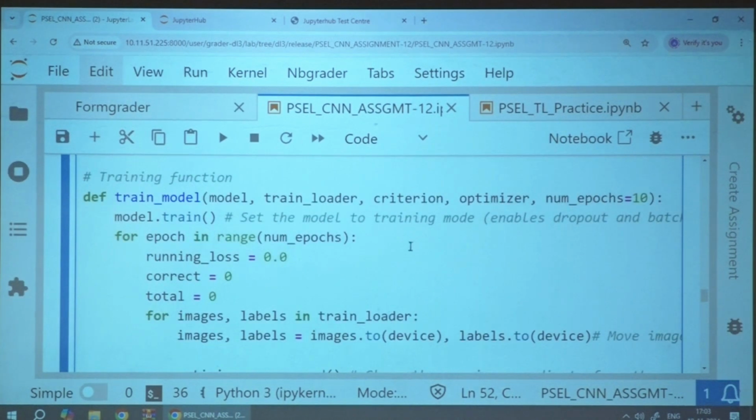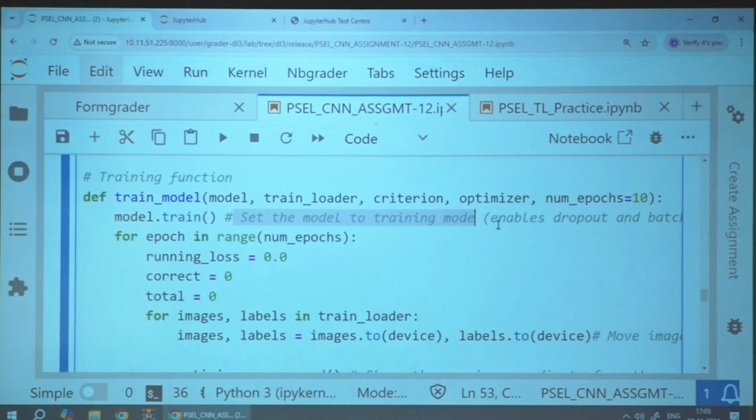Okay, right. So what we are doing, the first step is we need to set our model in training mode. You write model.train and model.eval. What does it mean? Setting into the training mode means the parameters will get updated during the training process.